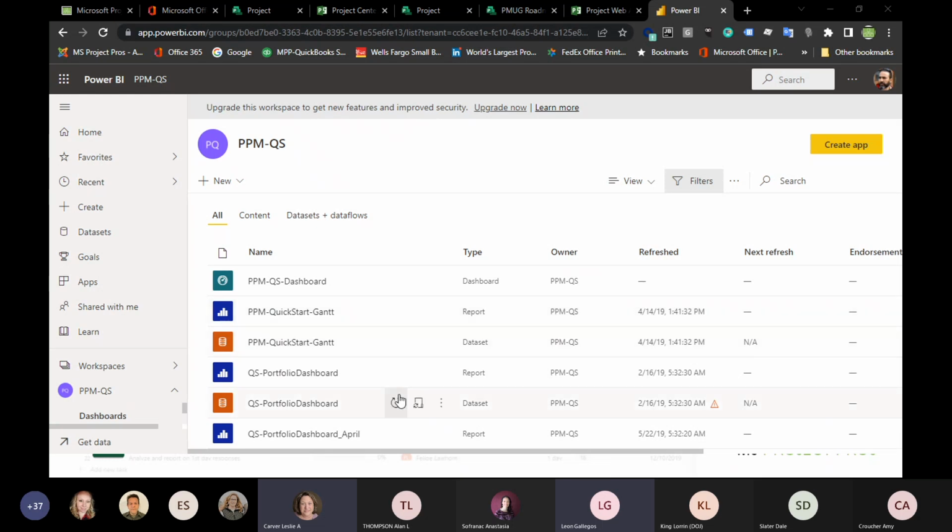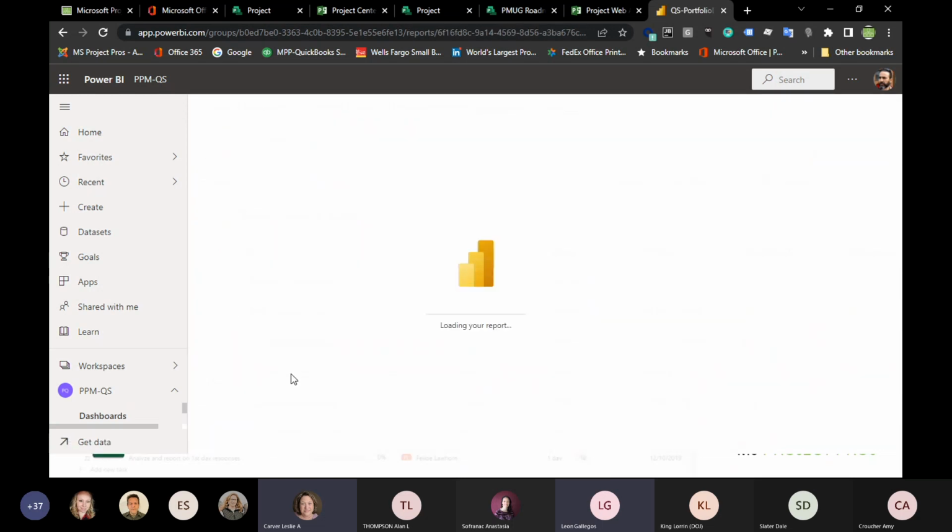So I publish back to here. Once it's published in here, you can see that these are taking slightly different icons, right? This is the report. This is the data source. Then here's another report, and here's its data source. So here within Power BI is where I tell it who has access to it. I also tell it how often I want it to refresh, right? Any kind of troubleshooting that I'm doing with the data source, I'm going to do out of here. While I interact with the dashboard, it's going to be this way.